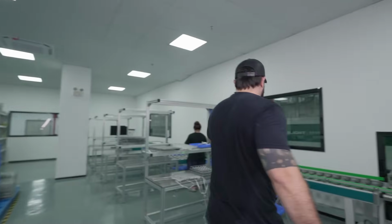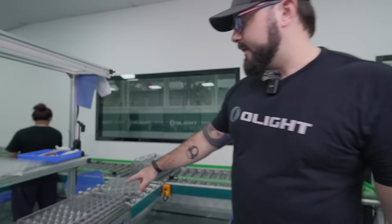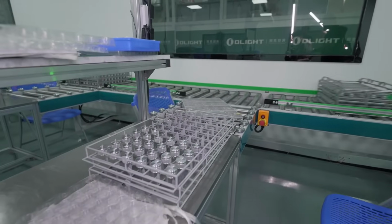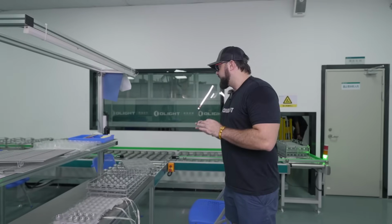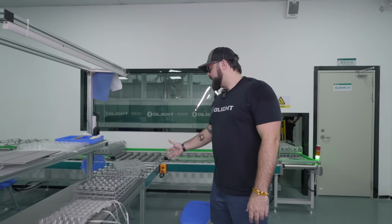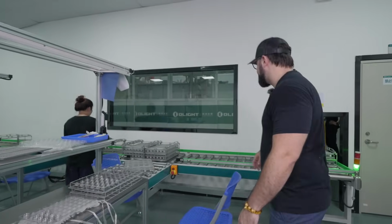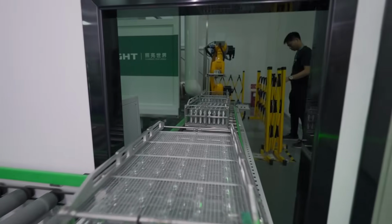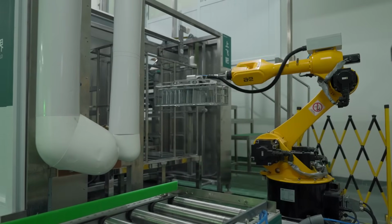Next, we have this little conveyor section, and she is putting all of the parts into these little trays here. And that is going to be the first start of prepping the material in order for it to be anodized. So here we are putting some tail caps. This looks like a Seeker 4 Pro tail caps. We've got some Seeker 4 Pro bodies that just went through here. So this is basically just a prep center for the machined bodies to go to the next section of